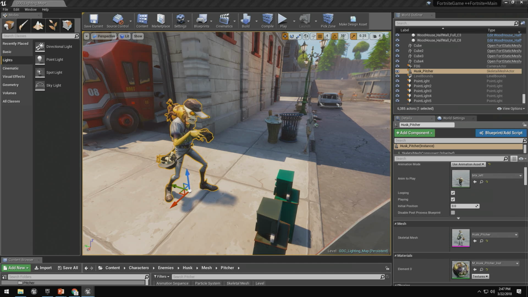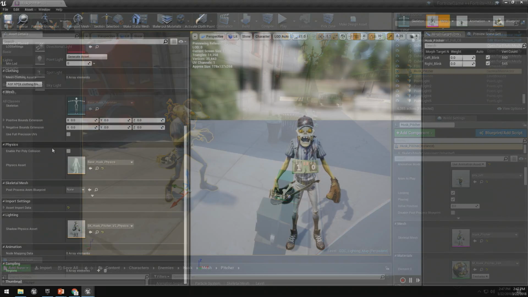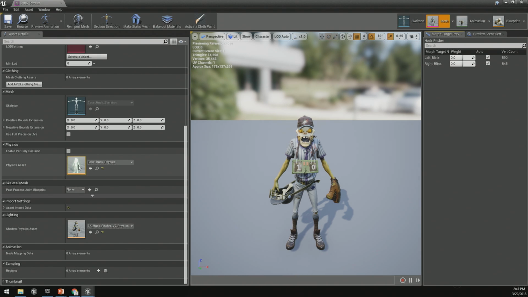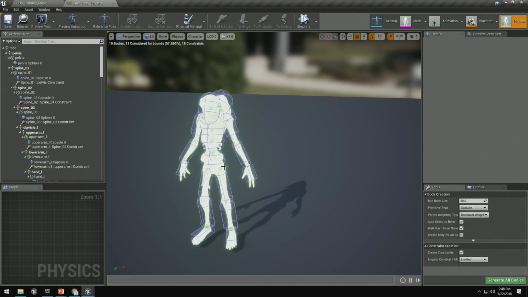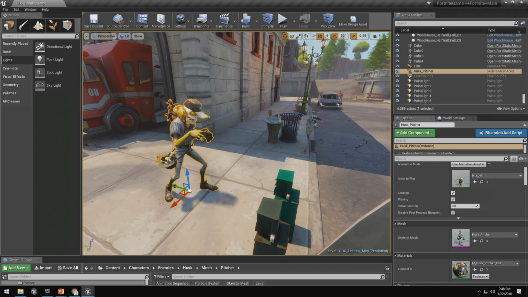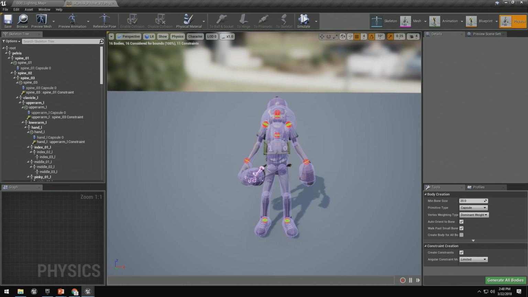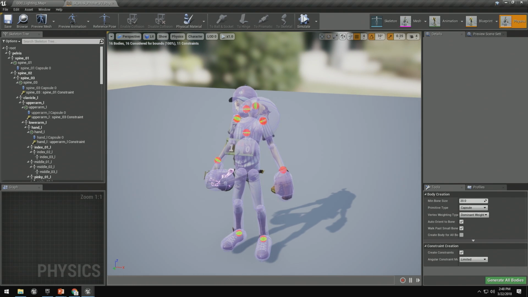If I open up this guy in Persona, I can scroll down, and we have a couple of important properties here. We have the physics asset, which you might have heard of. This is how we set up ragdolls in Unreal. You take a whole bunch of physical objects, constrain them together, and you make a ragdoll. It's all well and good. But we have a second physics asset specifically for shadows. It's the shadow physics asset. The way we use this is that we use capsules to make a rough representation of the shape of the character, and then we cast shadows from that collection of capsules and not from the character's geometry itself. This is a whole lot cheaper, and it gives us the ability to cheat and do things like soft shadowing.